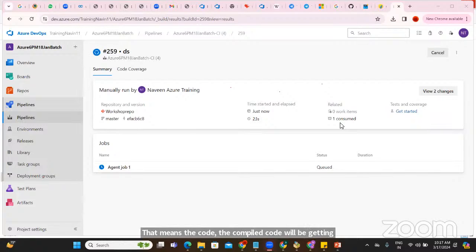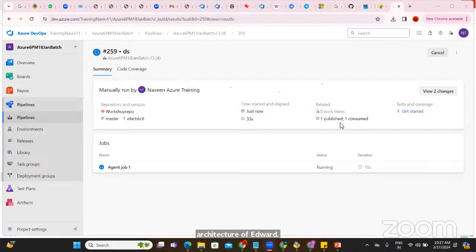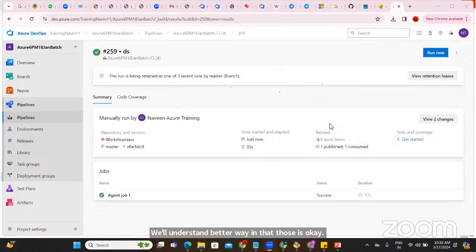Next week we'll take one workshop session on the architecture of Azure DevOps, guys. You'll understand better in those days. Okay. One publish, can you see this? It is published. That means whatever I have taken is completely done, and this is ready for deployment, guys. It means our pipeline is ready at 100%. You are right, Rahul, your pipeline is completed now.